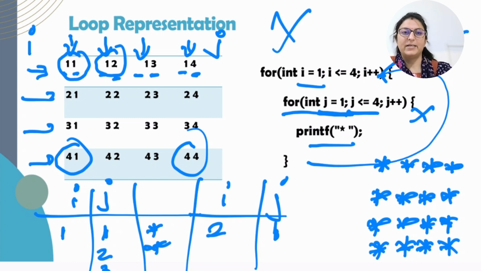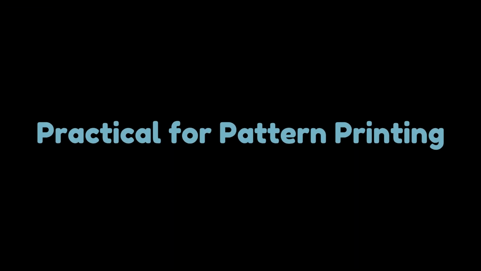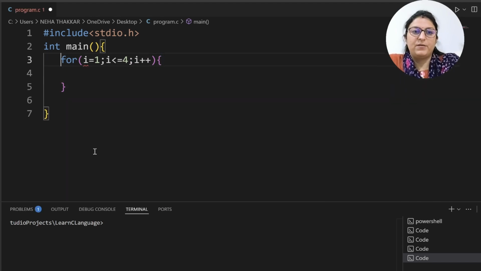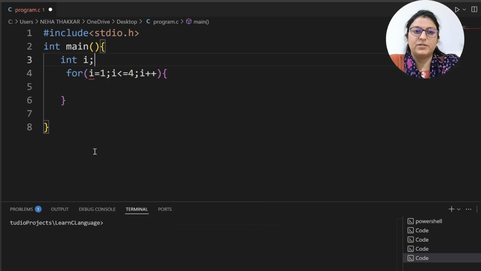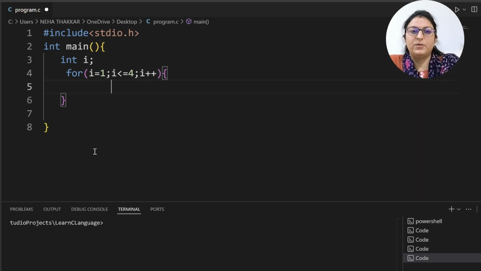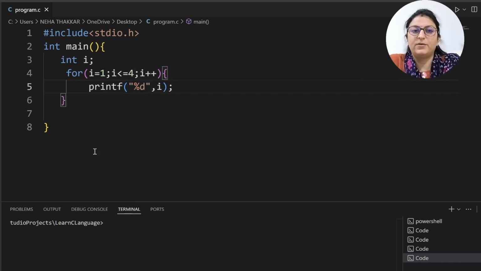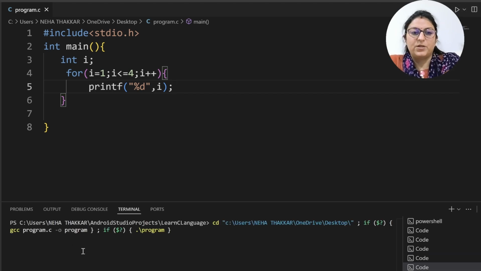Let us do the practical and understand this theory. Okay, so let us start doing the program. First, let us have the 4. I is equal to 1. I less than or equal to 4. I plus plus. We have not declared the I, so let us declare the I first. Now let us print the value of I for the sake of learning what values we are getting. So obviously we will get 1, 2, 3, 4. Now we need, so here we will have the 4 rows, 1, 2, 3 and 4.